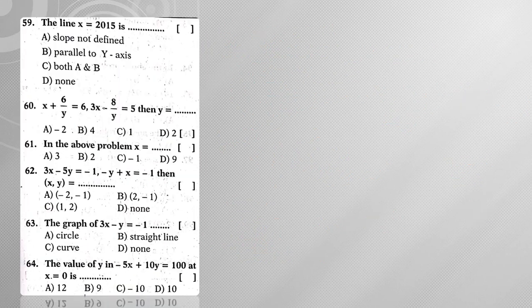Next, moving on to one more question. The line x is equal to 2015 is... So the line x is equal to 2015. We have already discussed the x and y axes. So this is my x axis and this is my y axis. X is equal to 2015 means somewhere here we are going to get 2015. So this particular line will be parallel to the y axis. So if a line is parallel to the y axis,